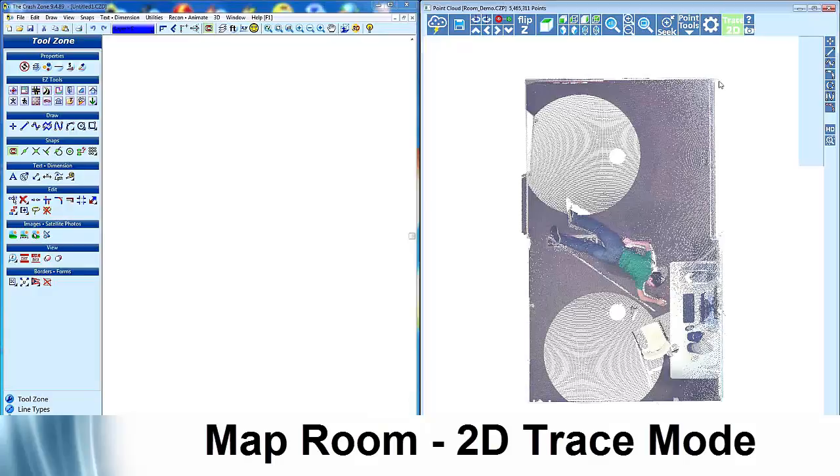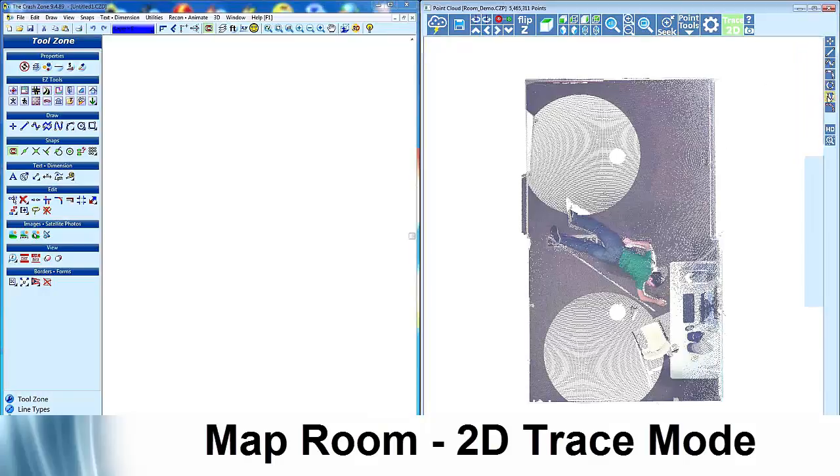That's a mode. Once that's on, every point you snap to in here will always zero out. And that's a great way, even if you're going to get into 3D, to draw a room: start out in 2D trace mode, and you'll see that in a little bit. Okay, so I'm going to start drawing